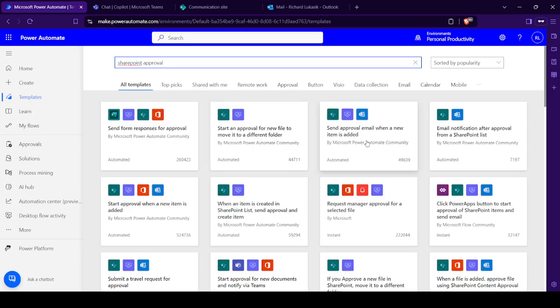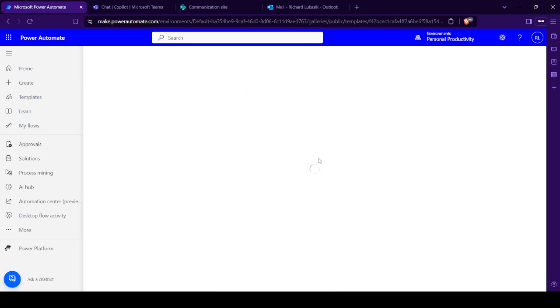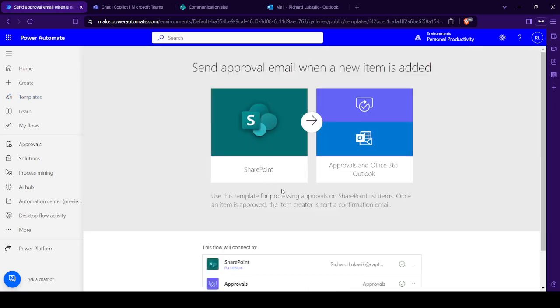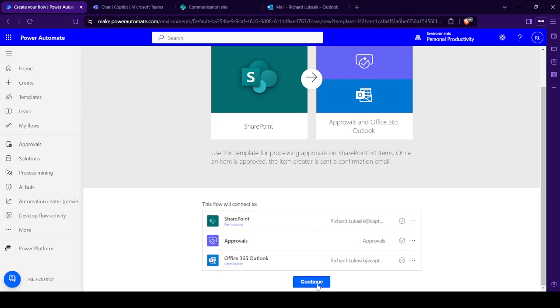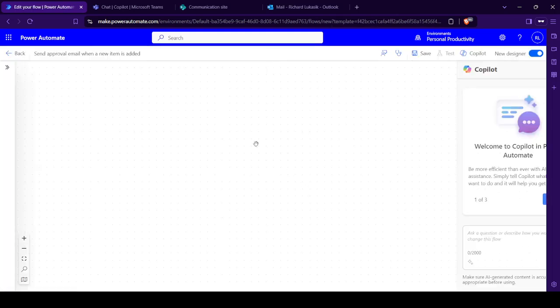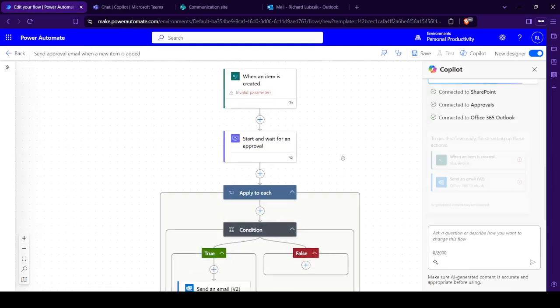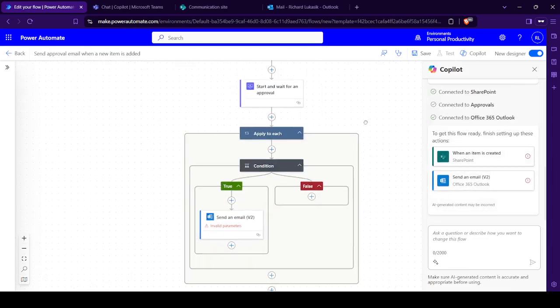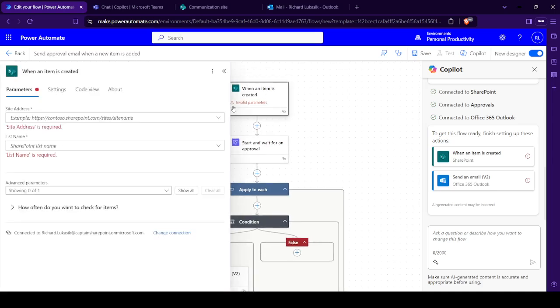Send an approval email when a new item's added. Okay, that sounds about in the ballpark for what we're trying to do here. So let's go with this one. And just go ahead and continue. It's going to set up these connections. Okay, so it drops you into this flow like this, and we have to go ahead and define what our